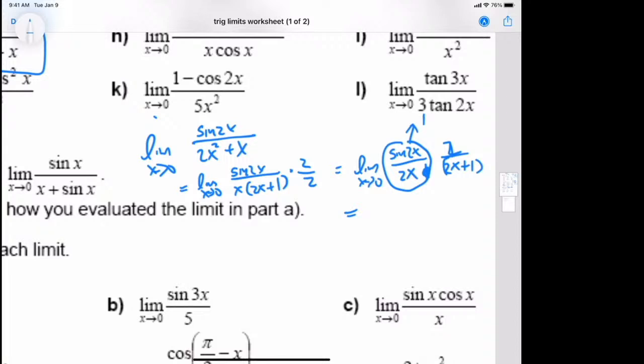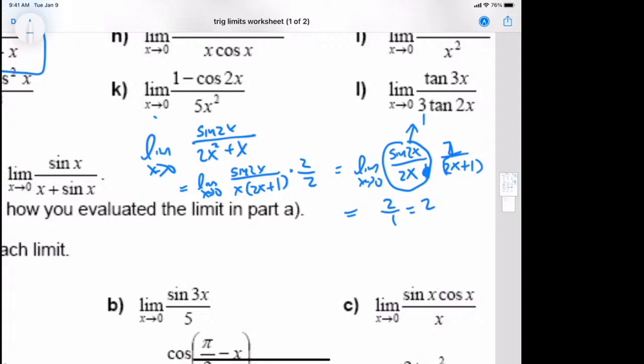Okay, and then just plug in 0. So it's going to be 2 over 1, and that's equal to 2. Carrie, do you see what's going on? I see, but I don't know. I just